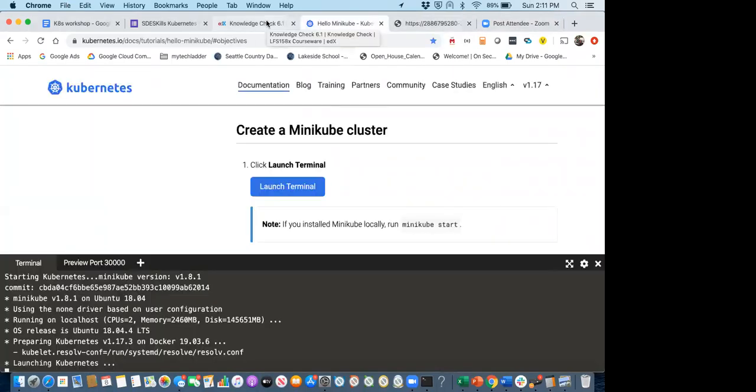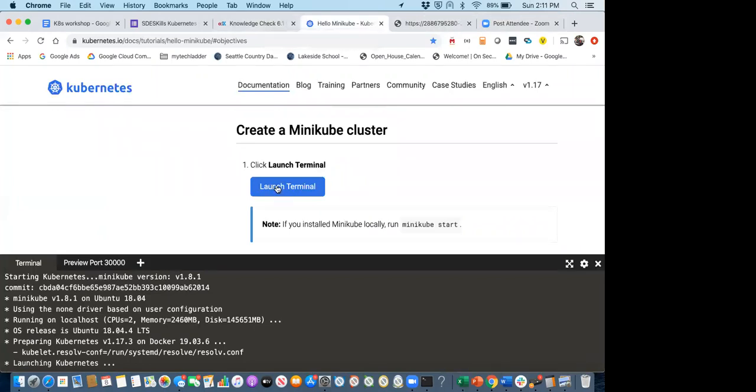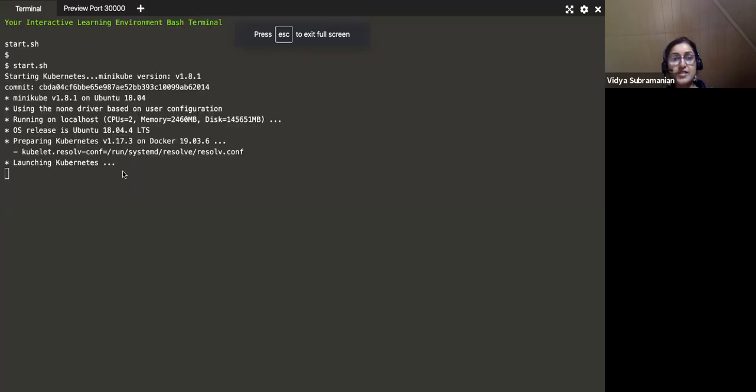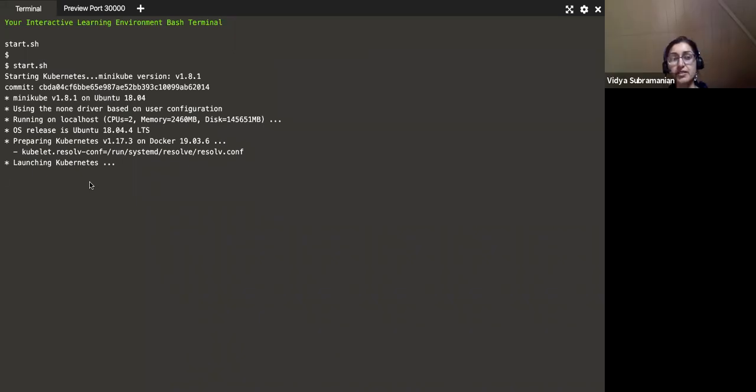Yes. Okay, great. So you want to launch the terminal from here. When you launch the terminal, basically what this is doing is launching the Minikube version for you. So we'll just wait for that to be launched.